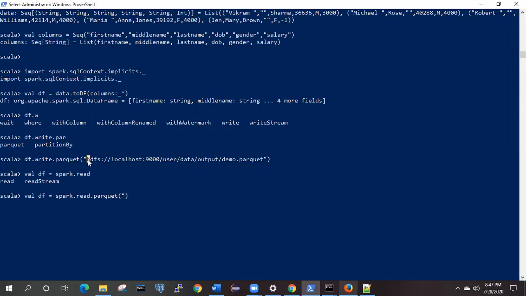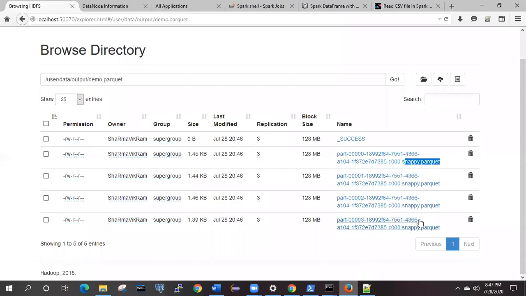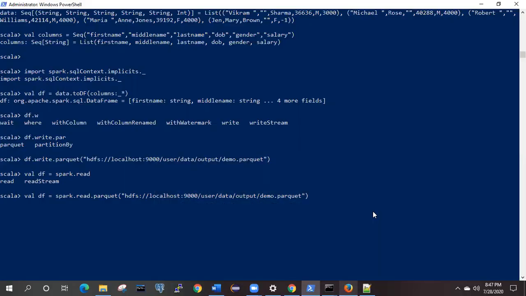In our case, this is the location where the data is present. I'm not specifying which file it should read currently, I'm simply giving the directory name. Let's see what it is showing to us. So it is saying the data has been successfully read.